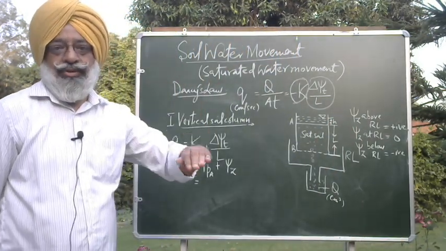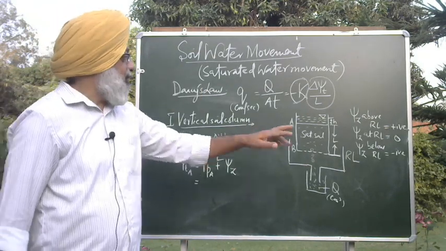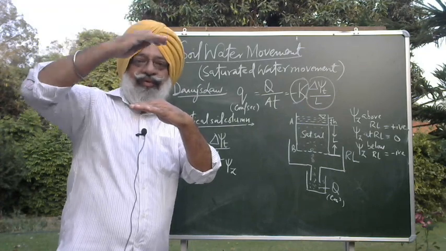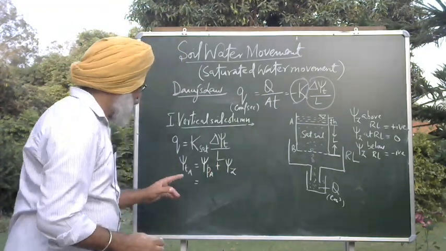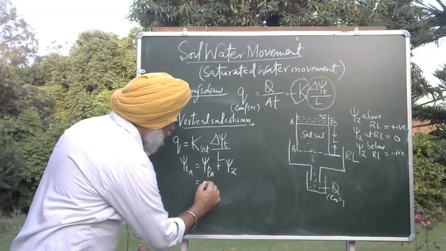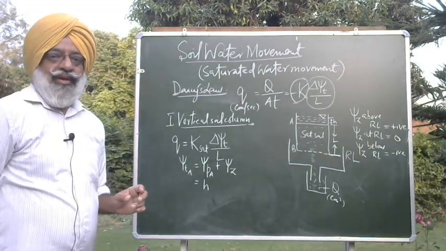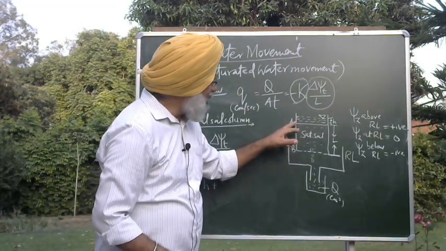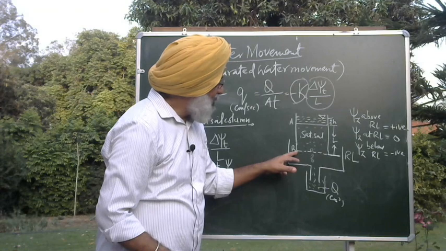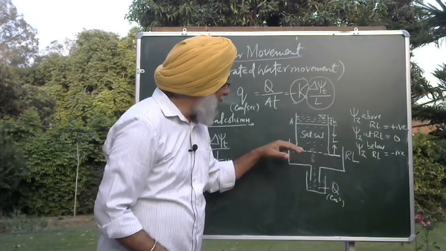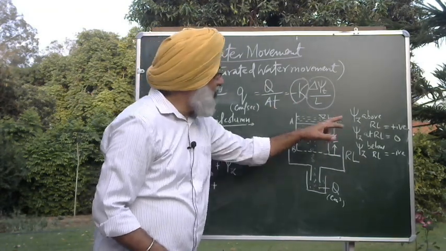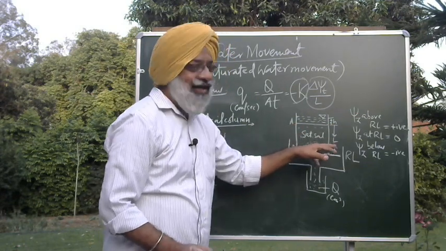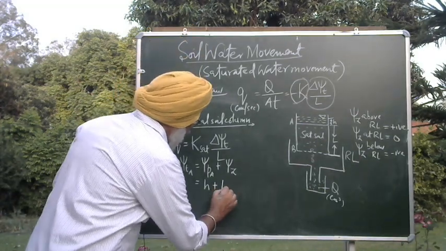This is the height of water which you have maintained, constant head of water maintained at A, because the higher the height of water, the more pressure will be created at A. So at A, the pressure potential will be H. And what will be the gravitational potential at A? Now A is here, the reference level is over here, so it is above the reference level. The value will be positive. So what will be the value? The distance between this point and this point is L. So it will be L.